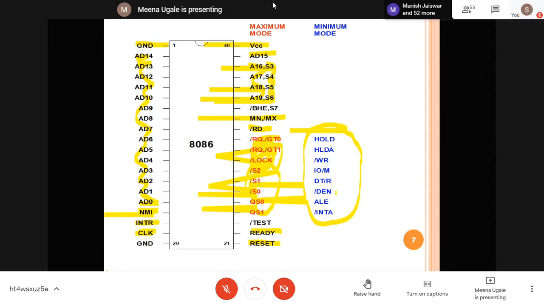DEN is the data enable pin. ALE is the address latch enable pin, and interrupt acknowledgement is the INTA pin. So these blue color pins come into the picture when 8086 is working in minimum mode. And when it is working in maximum mode, all these red color pins come into the picture. This is the general pin diagram shown for 8086.